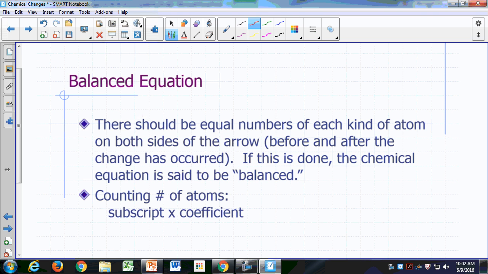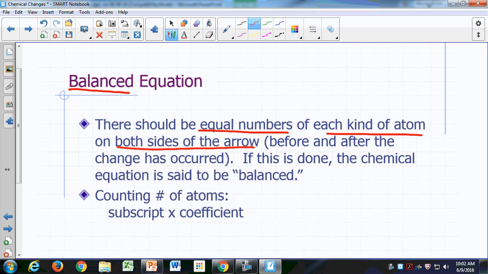A chemical equation must be balanced. Okay, what do we mean when we say that a chemical equation is balanced? That means that there should be equal numbers of each kind of atom on both sides of the arrow. So in other words, before and after the change, no atom should disappear, and you shouldn't be making any new